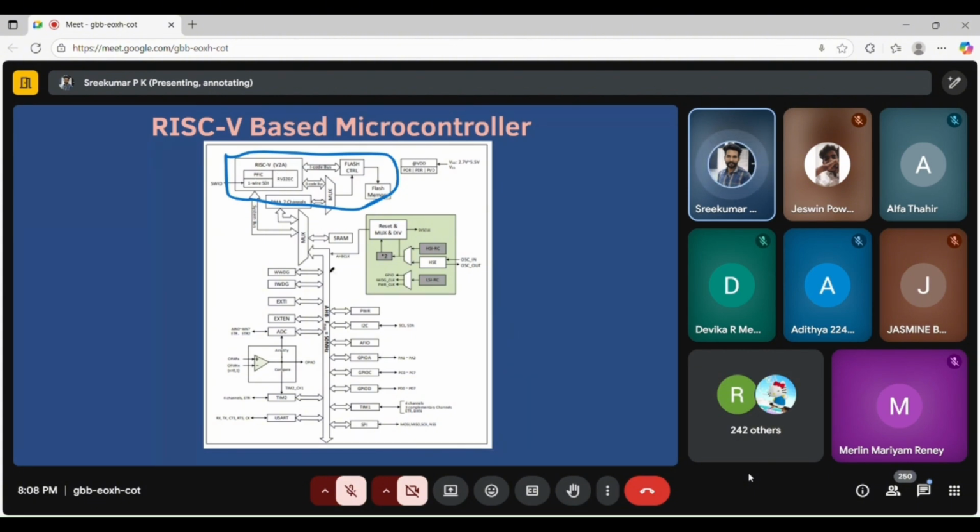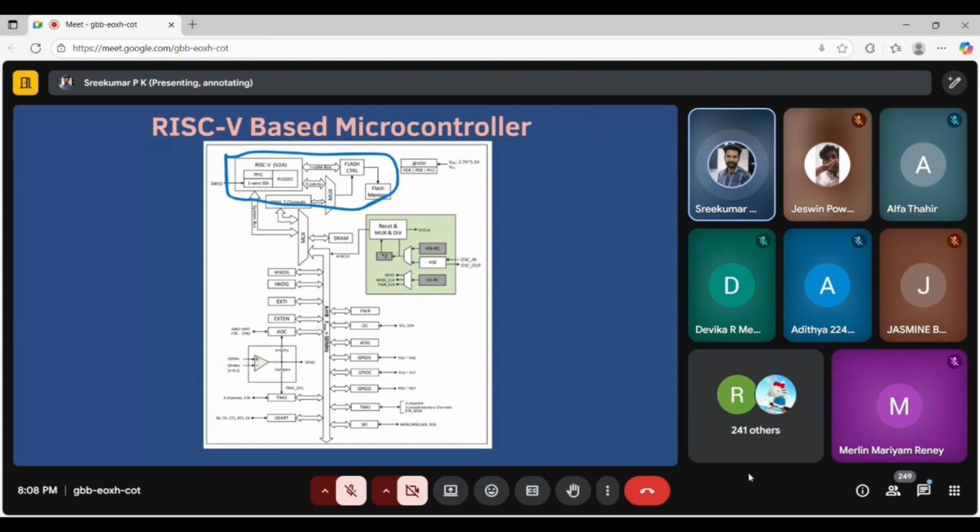It is connected via a bus, that is the AHB bus here. See, on AHB every peripheral is connected, but in ARM architecture it is connected on APB, right? So here they connected everything on AHB. It is their wish.